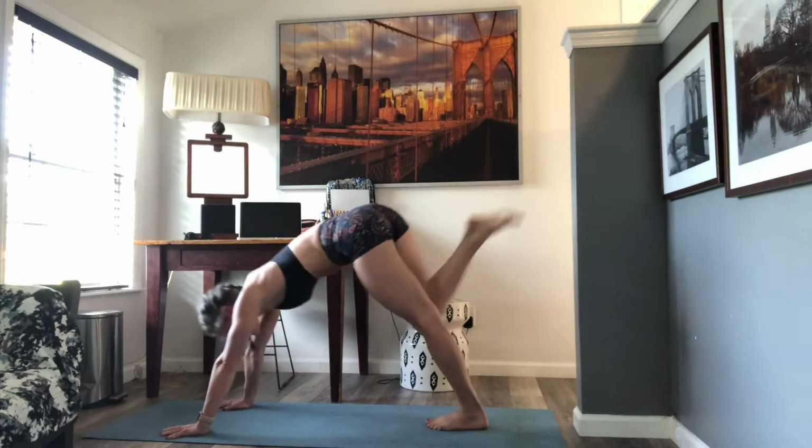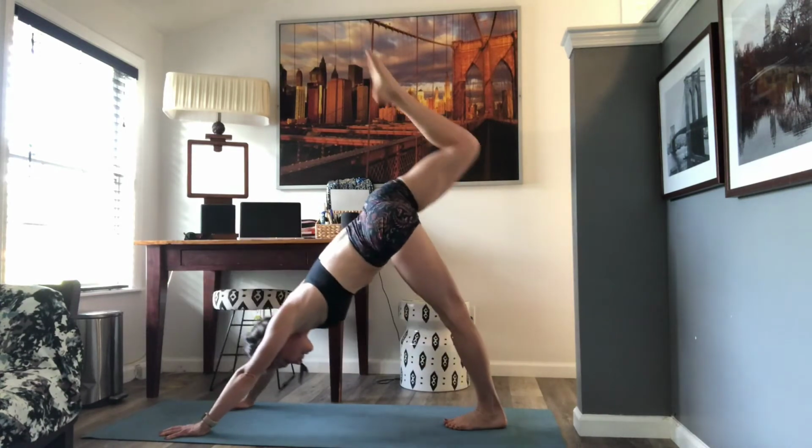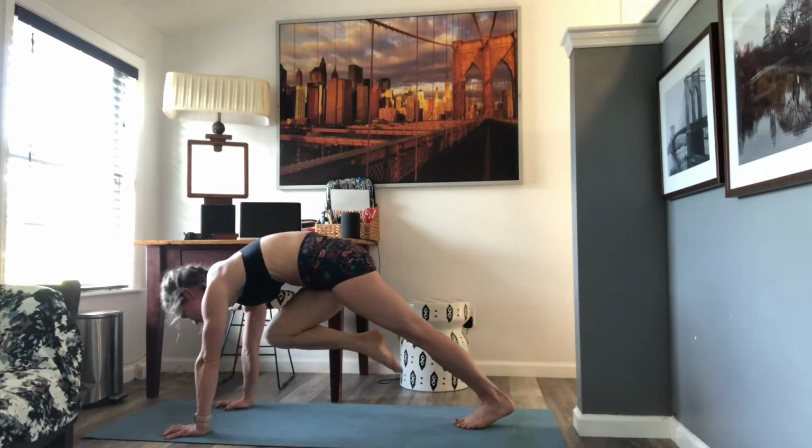Inhale, shift forward, right knee towards the nose, holding here. That core should be fired up. Inhale, sweeping that right leg high. Last time, inhale, shifting forward, right knee towards the nose, holding right here, stepping that right foot in between those